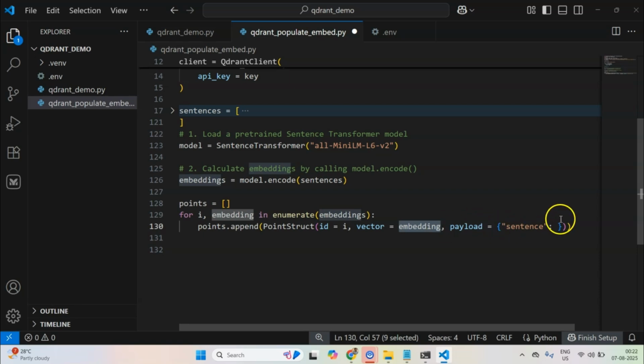So that's why we need actual sentences, to see if Quadrant did a good job of clustering. Quadrant does this clustering, or rather I should not use the word clustering, but what it does is create a graph-like structure, and that in itself is a very huge topic which we can cover later in some other video.